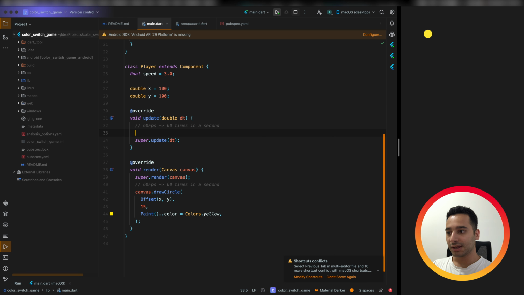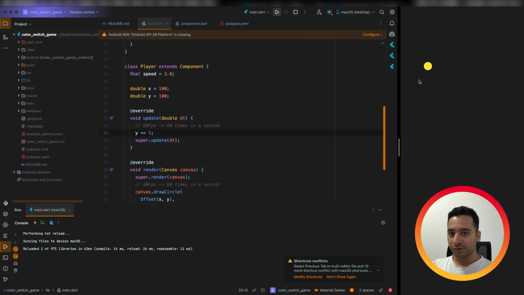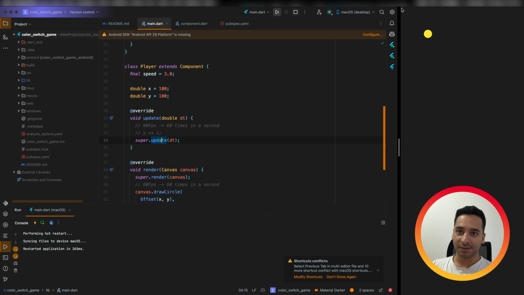For example, if we say y plus equals 1, if I hot reload the app, it's moving towards down of the screen, because in each frame we are increasing the y variable, and as you might know, Flutter starting point for canvas is top and left. For example, here is 0 and 0, and if you increase the x variable, it moves to the right.